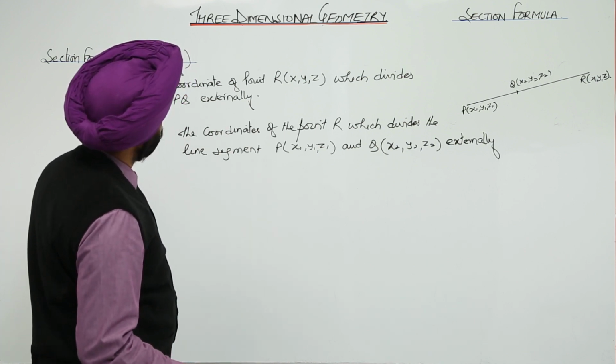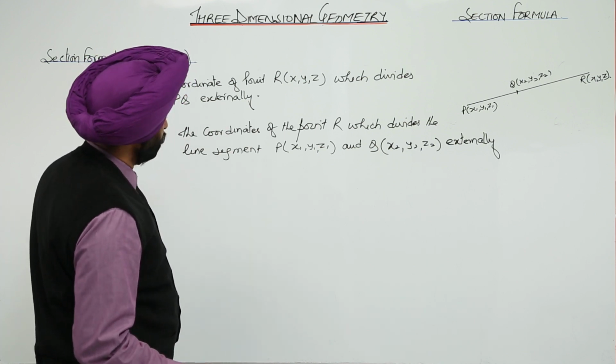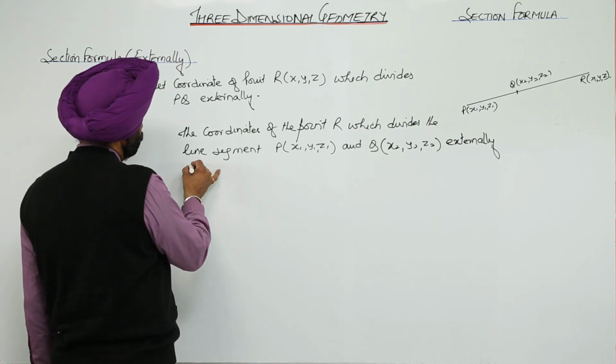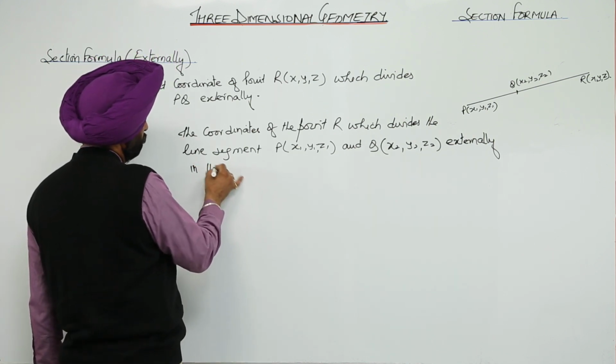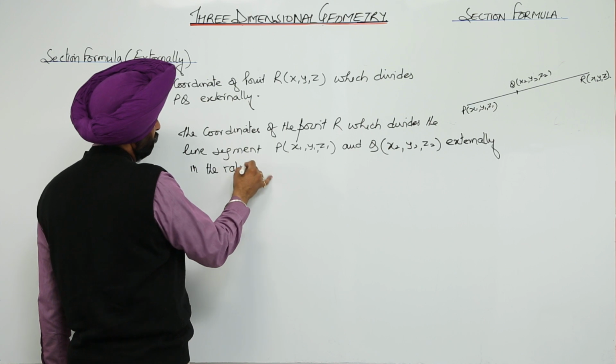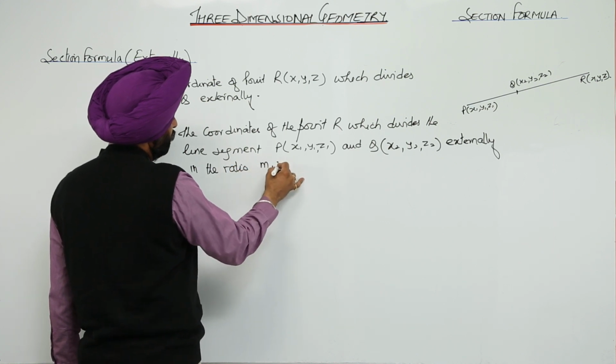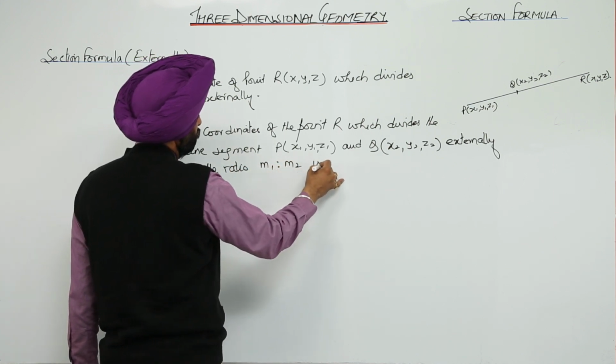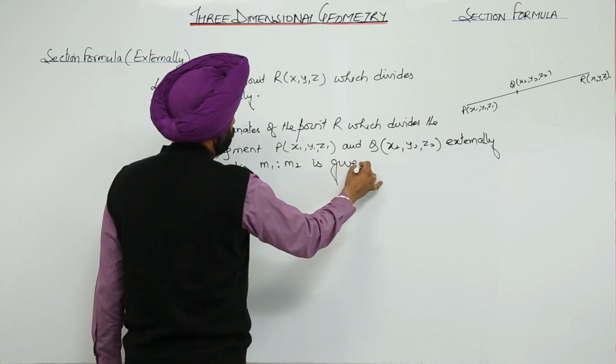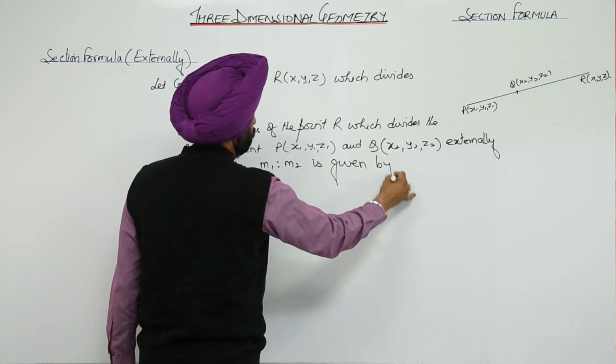The coordinates of the point R which divides the line segment PQ externally in the ratio m1 is to m2 is given by